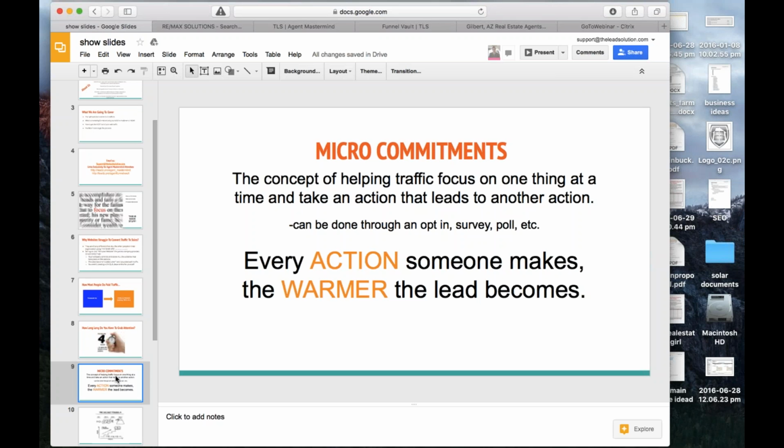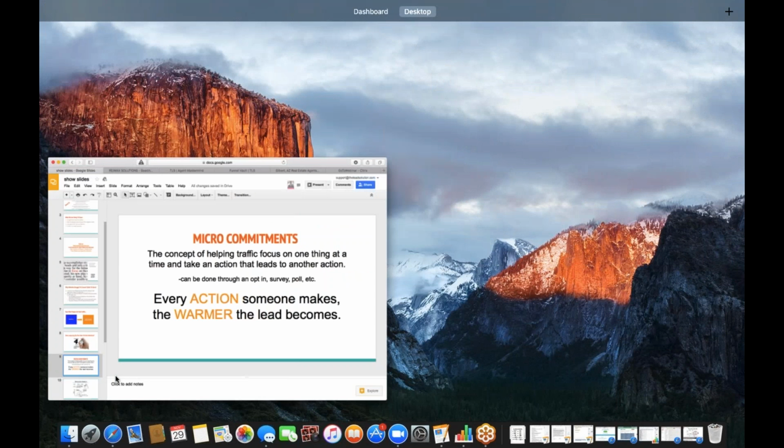Let me know if this makes sense. If anyone has questions, let us know. But what we like to do, and this is leading into what we call a funnel, is think of a funnel and how it's shaped. We're building value at the top of the funnel to the point where we have trust, and all these elements bring someone down into a warm lead, or they want to work with us. We have to hold their hand through this process. Because people have smaller attention spans, how do we break this down the fastest way possible? And again, we like to do this through micro commitments.